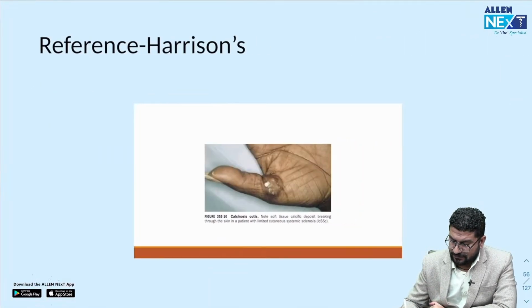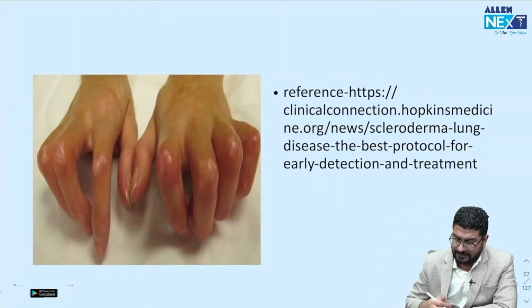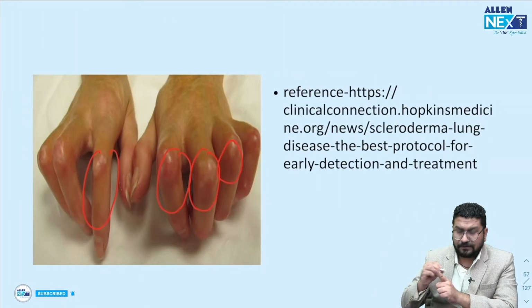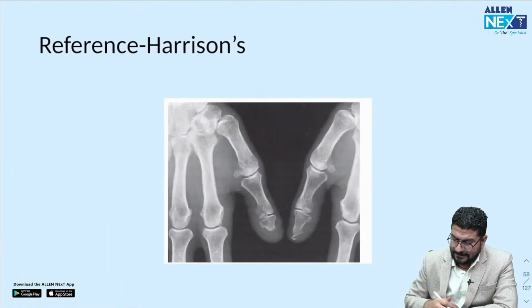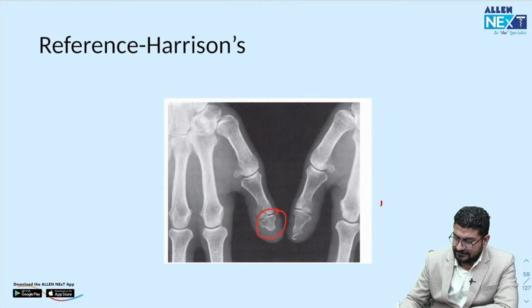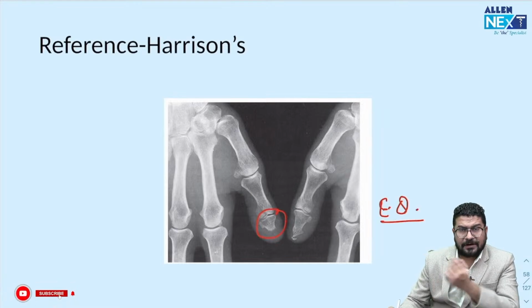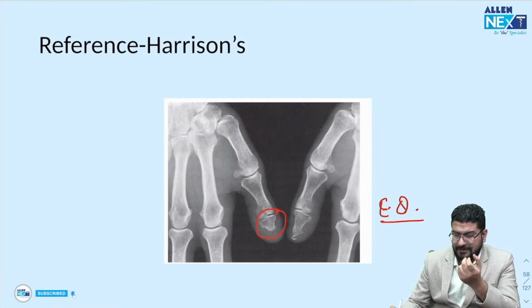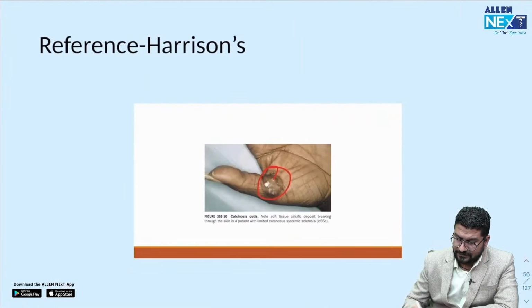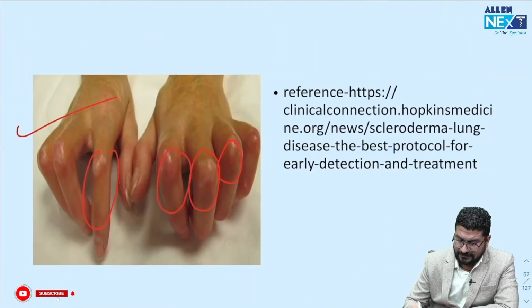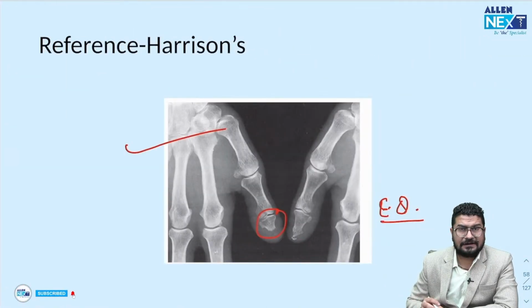Moving on, you can notice calcinosis cutis. Then we can notice patients having disappearance, absence of nail folds. So nail folds are not there. We call this sclerodactyly. Then here you can notice acral part. This is an expected question. Acral part of bone is, I can say, damaged. We call this acro-osteolysis. Where we see these three findings. I repeat, we see calcinosis cutis, sclerodactyly, and acro-osteolysis in a patient of